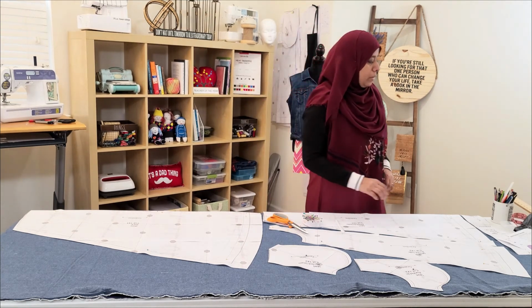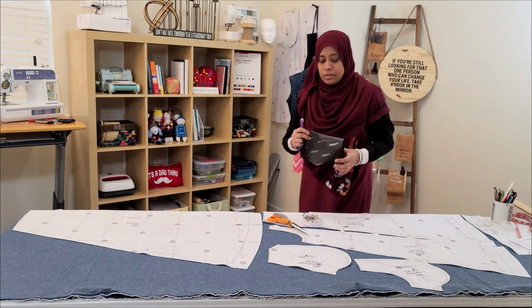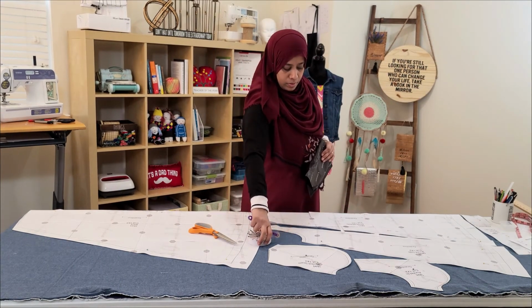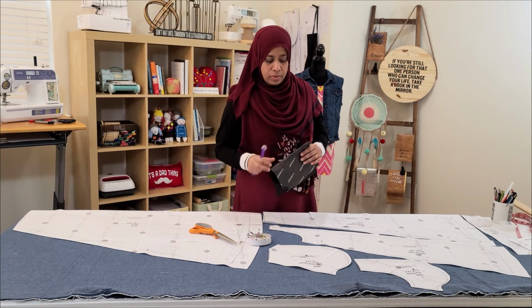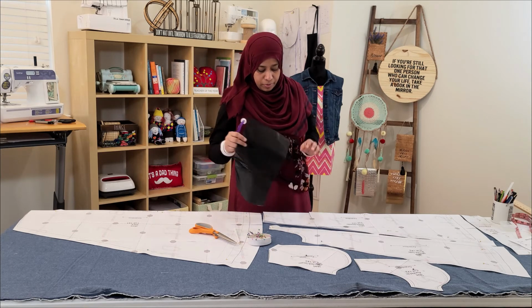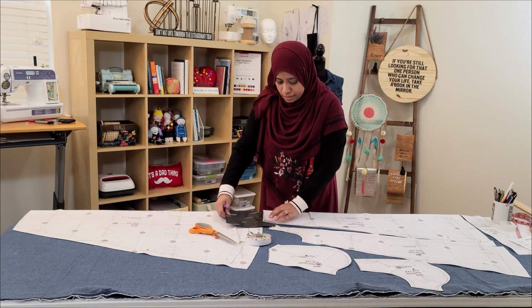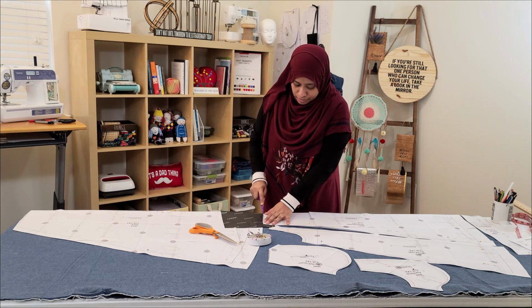Okay, now how to trace. Take your graphite paper, put it under the markings, take your tracing wheel and